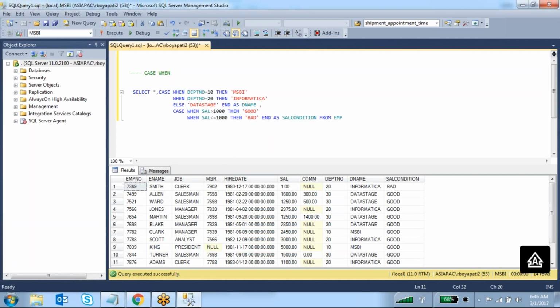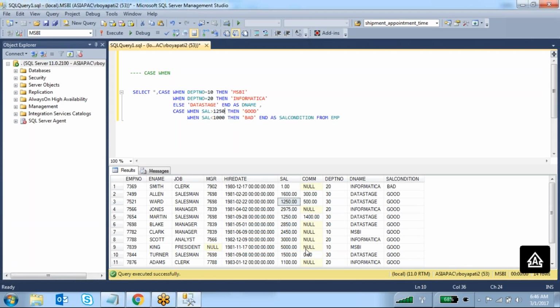Or if you are removing this equal operator, what will happen? If the salary is 1000, it doesn't display anything. It displays null. Because greater than 1000, you are displaying good, less than 1000, you are displaying bad. If it is 1000, then what will happen? Okay, for example, here it is 1250.